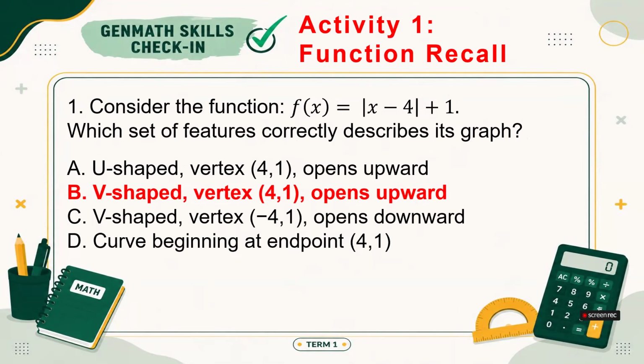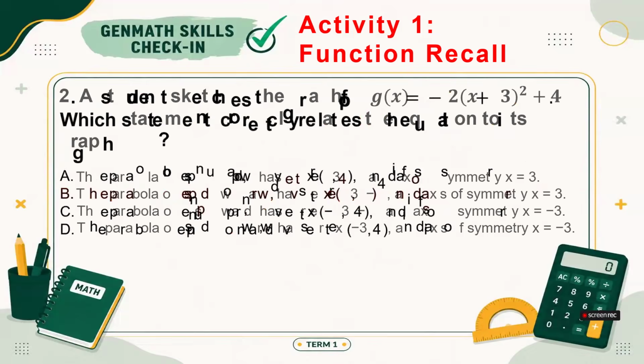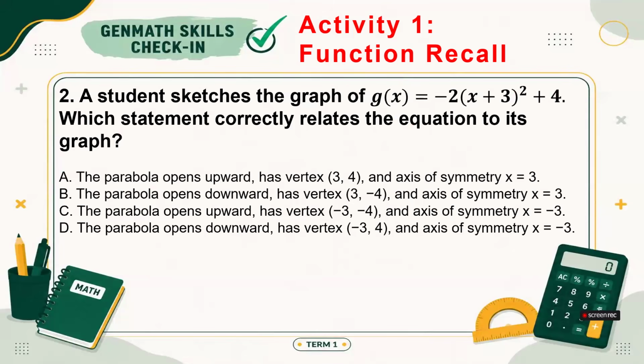What we did here is we inverted the sign of h and took k, which represents the vertex. Remember, the vertex is at (h, k). But for the h value, we just invert the sign. Remember this one. This is the general formula for the vertex. The same follows with the quadratic function. The same rule applies. Let us proceed now to number 2. Please pause this video for a second while you are thinking.